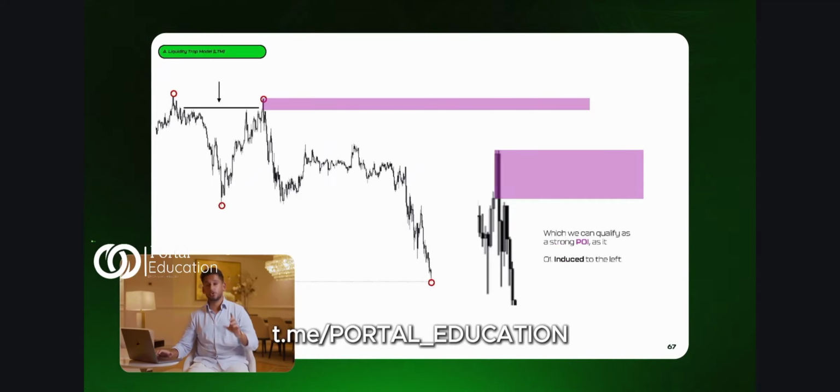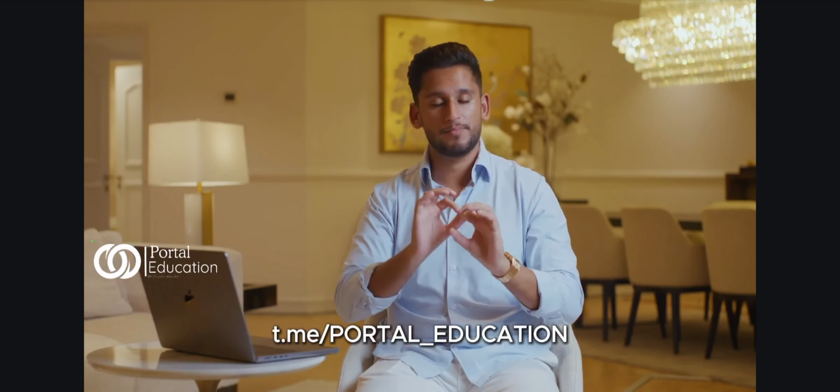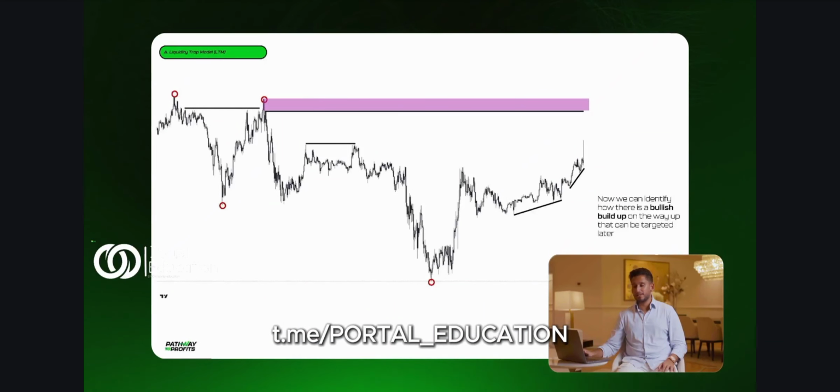And not only that, it's a strong point of interest because we have the build up over here, run of liquidity that made the supply point and a breakup structure to confirm it. This, as you know, is our strongest point of interest type. It's an inducement that led to a breakup structure. That is the best point of interest, confirmed with an imbalance. Perfect. Then what we do is mark it out, mark out the imbalance, and then we allow price to come